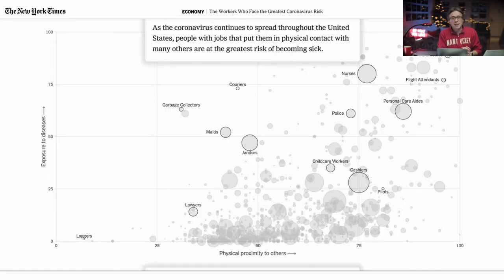So this is a quick graphic, based on the New York Times graphic, showing the amount of risk based on the professions. As you can see here in the upper right side, actually it's kind of blocked by my image here, but right below me, that's where dentists are. Dentists are one of the highest rates of exposure potential. And the main reason for that is because we're dealing with a deep respiratory tract infection, and those types of droplets and